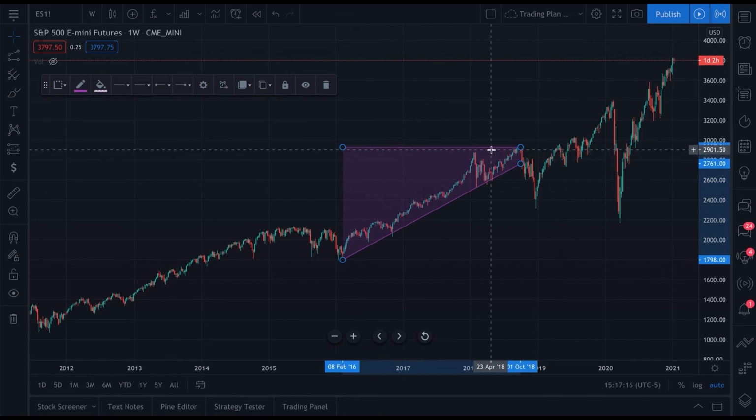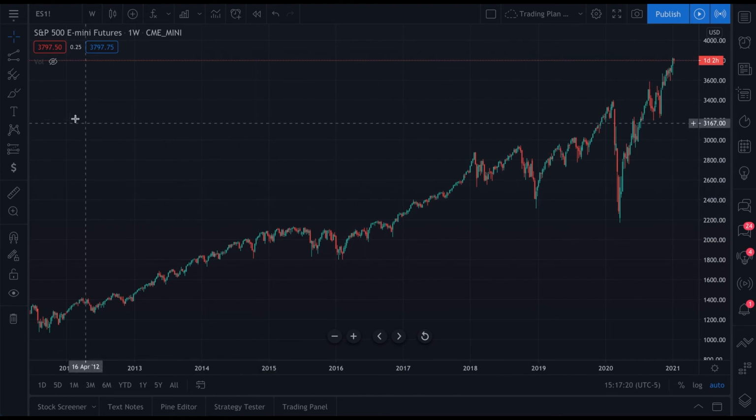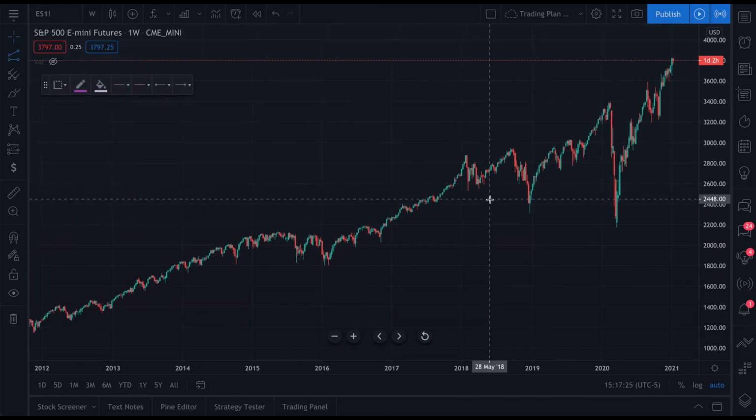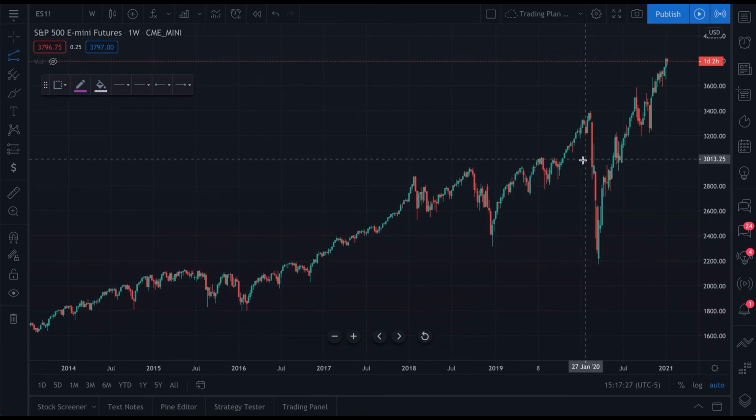This area here is the extension at the top. And it's good for drawing sort of wedges and other technical patterns like that. So let's just show you that one more time. Flat top bottom. And as another example, we could say, let's